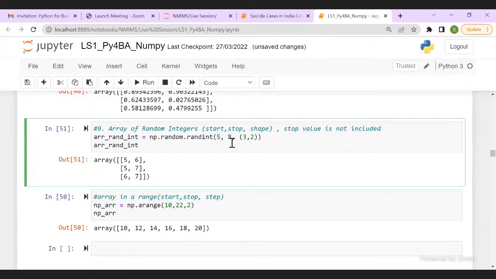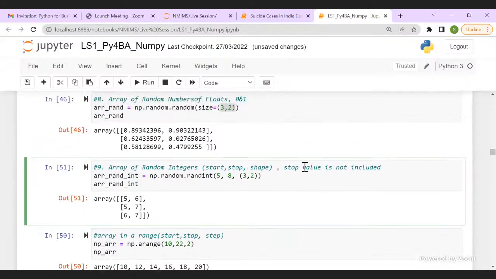I have 8. So my random number generator can get 5, 6, and 7. I changed the shape just to show that if someone has doubt, since it has to choose only from these values, it might not have chosen 8. So I increase the shape and okay, you got it.